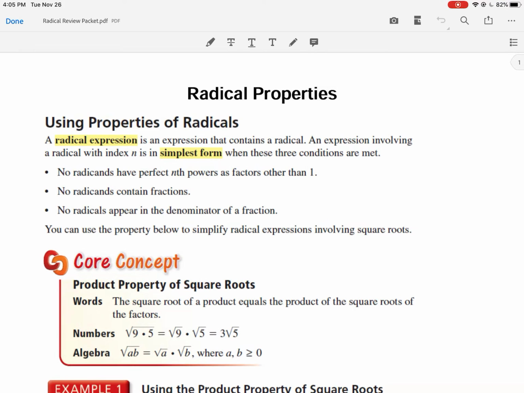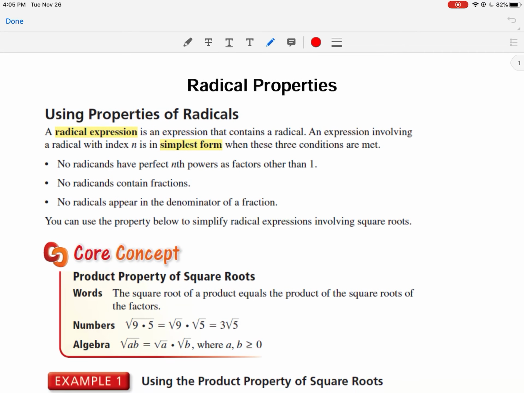Let's review radical properties, using properties of radicals. A radical expression is an expression that contains a radical. What we're talking about is this symbol right here. So if we've got the square root of a, we don't know if it's a square root or not, but we use what's called the index